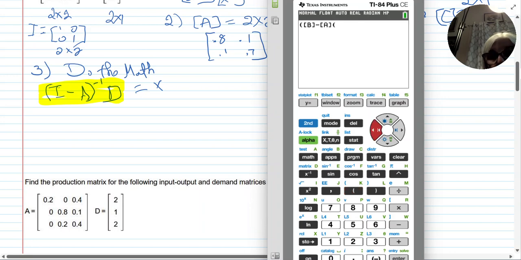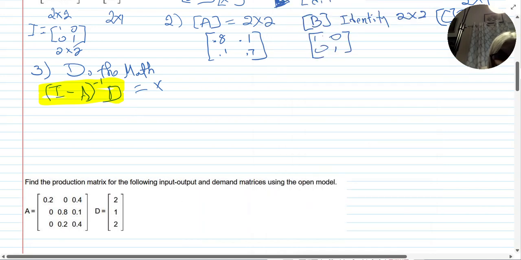Oops, sorry. Hit the wrong one. Close parenthesis, X inverse. And then I'm going to enter second matrix and go all the way to C. Okay, and then I'm going to hit enter. So our answer for this is,